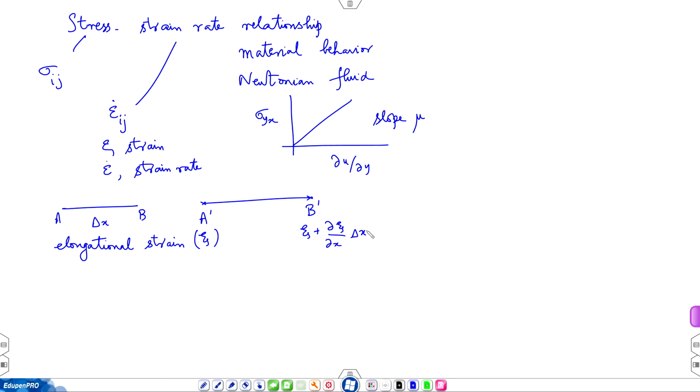So, if you know the properties at one point, you can get the neighborhood properties through Taylor series expansion, which is an infinite series. It is now truncated after the first term. Why? Because delta x is small. The other term would be delta x square, which is very small. So, the elongation of the element AB is this partial derivative del psi del x delta x, and the elongational strain will be this extra term divided by delta x, which is del psi del x. And if you want to get the elongational strain rate,